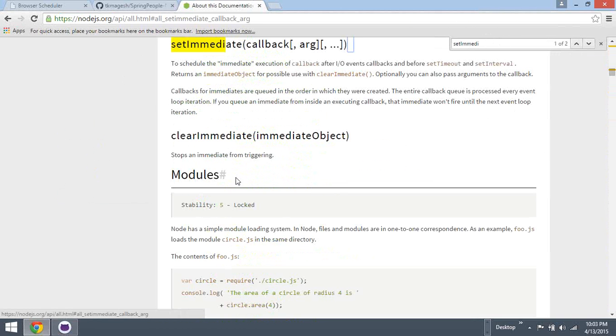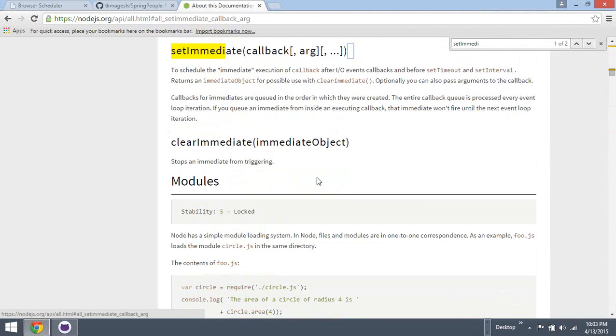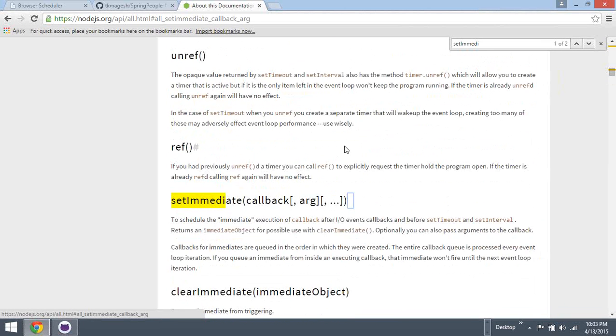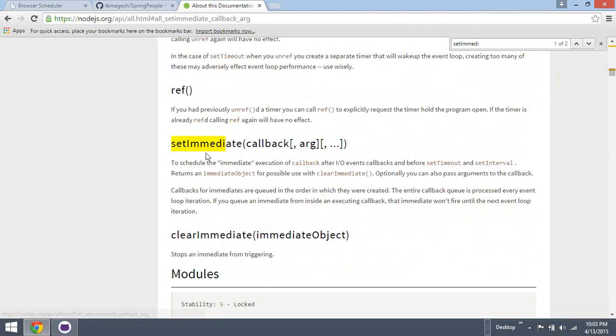So you have a set immediate function which you can call directly. It is not in the globals, but it is available as the timers API. What it does is schedule an immediate execution of the callback after IO event callbacks and before set timeout and set interval. So you are not supposed to use set timeout or set interval. You have to use a much more optimized